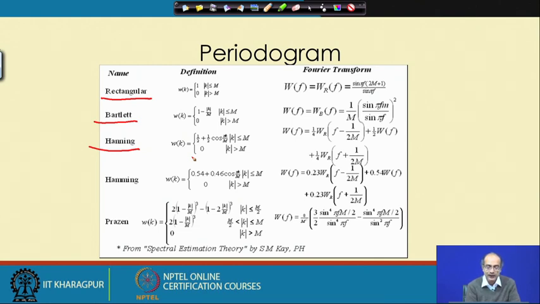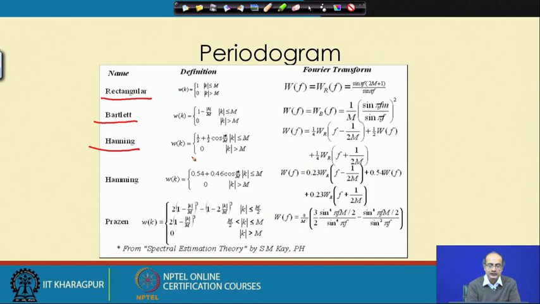Now, the first one actually has 0 slope, the second one is linearly decreasing from 0 as we move either side, increasing the lag. The Hanning window is using a cosine function. So, the decrease is following the cosine function,